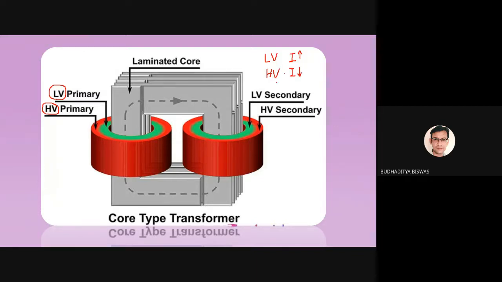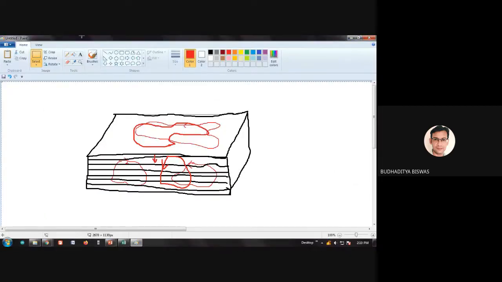So that's why you need to know that this is the more accurate term compared to primary or secondary winding. As you are first year students, the transformer windings may be denoted by primary or secondary, but the more practical names are high voltage winding or low voltage winding, because we are talking about the power transformer where the voltage is high or low compared to the other side. So primary or secondary is not used in the practical world. Rather, low voltage or high voltage windings are used. Low voltage winding means the current is high, and high voltage winding means the current is low. Now, how to construct this winding?